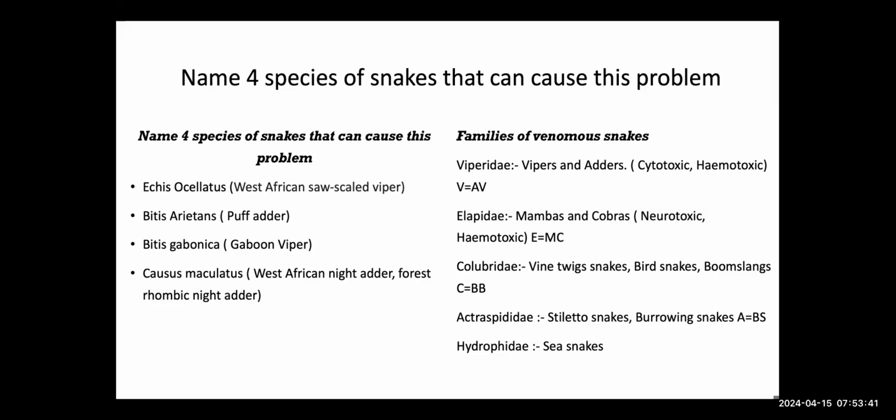The 6 A's include antibiotics. We have anxiolytic, analgesic, antibiotic, anti-snake venom, anti-tetanus, and the 6th one, I think, anti-inflammatory. Now on the antibiotics, we can do 2 things. Most of the patients that present to hospital, some of them have been to traditional settings where they have cut them with a blade and rub something there. So we can use antibiotics either prophylactically or therapeutically.